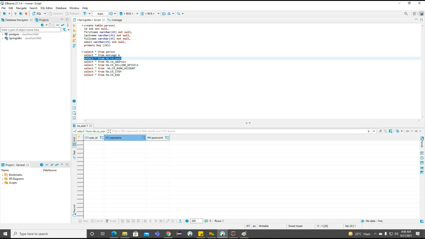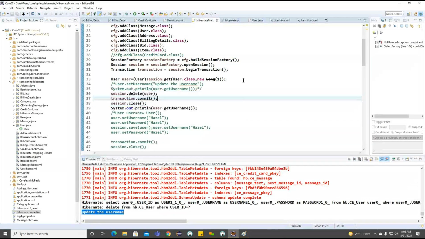This object is no longer available in the database, and in the same way this object is no longer available in our application. Why? The user is deleted from the session, and there is no reference to use here. All the references are deleted here. Once all the references are deleted, this particular object is eligible for garbage collection, right? So this is all about the life cycle of each and every example we discussed here.